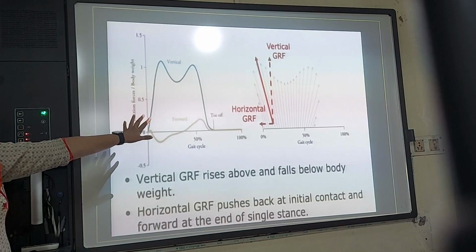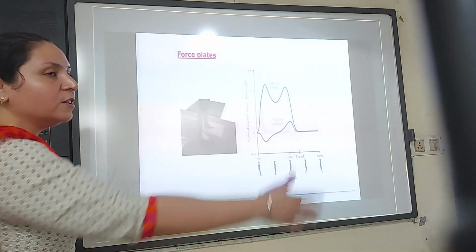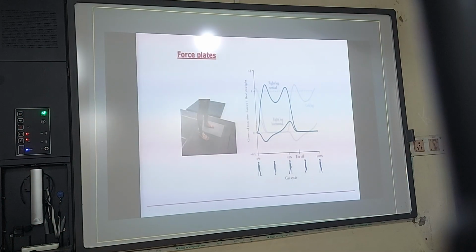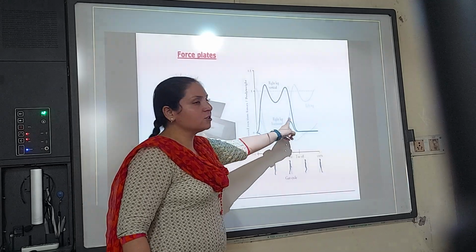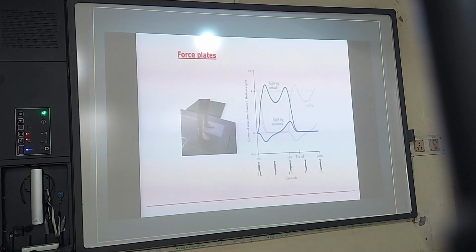And this is for the normal person. Fine. Now, when we see it in a force plate, when the person is walking, this is for one person. When the person is walking on the force plate, or these force plates are sometimes put on the belt of a treadmill, and they have been installed over there itself. The person walks on those force plates, and you can see how the right leg vertical movement and right leg horizontal movement is happening. Is this clear? How it will be represented in a result form is shown to you. Is this point clear? Yes? Okay.